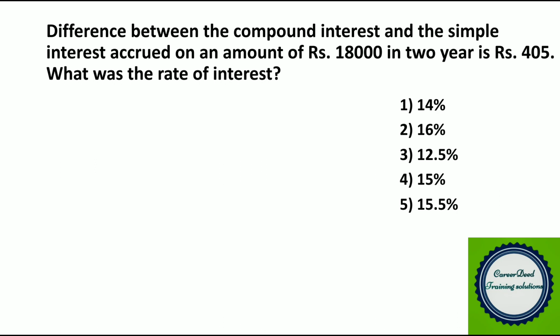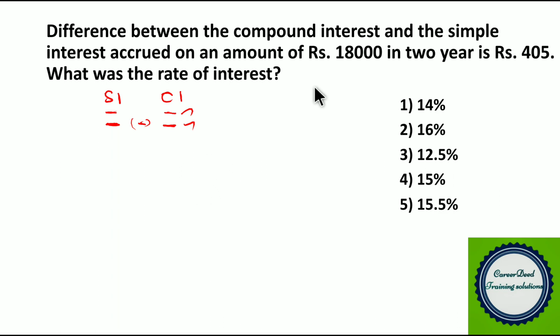We already discussed the short trick to find the difference between the simple and compound interest for 2 years. I will brief it one more time. Before that, for the first year, the interest obtained in simple and compound interest will be equal. Only in the second year will there be a variance, because the first year's compound interest earns further interest in the second year. That's the reason you get the difference between simple and compound interest.